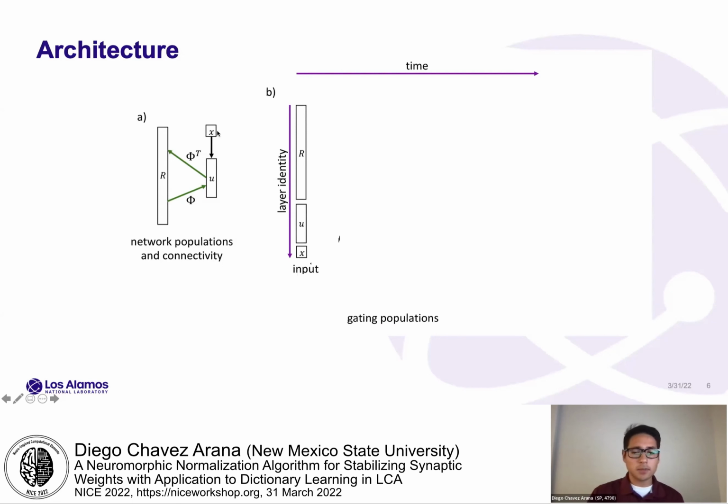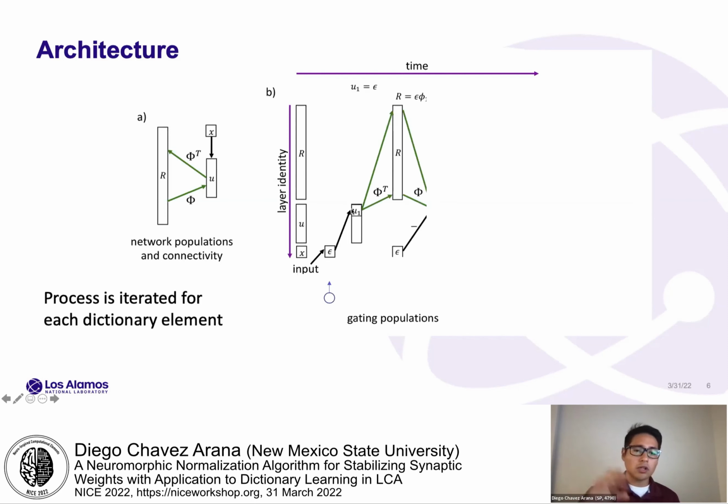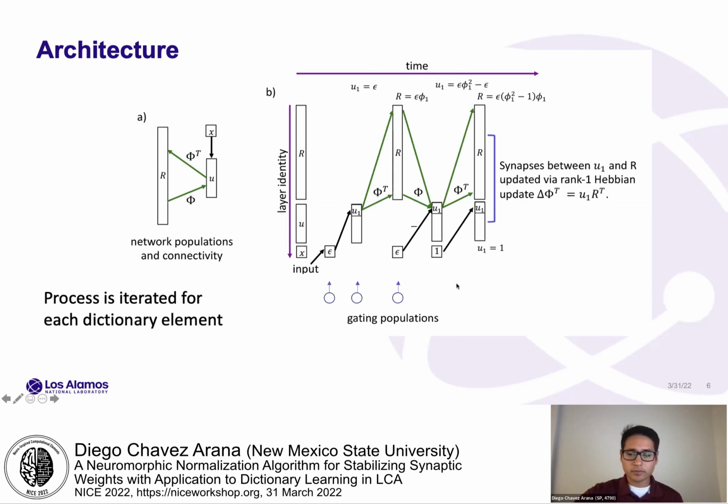Now on the right, we have an image of this same architecture, but here we see how the information is being propagated in time through the neural circuit in A, where we have the time and the layer identity on top. Here we see how we start the information through the input. It flows through the learning coefficient, and all the information starts being gated by the SimFire gated neurons on the bottom through the whole circuit. At the end, we achieve a learning update of the dictionary elements.